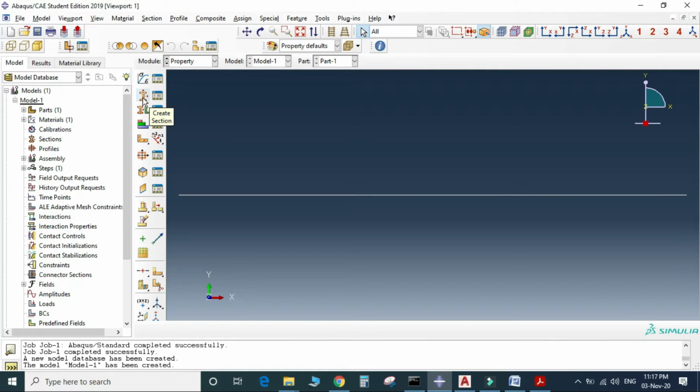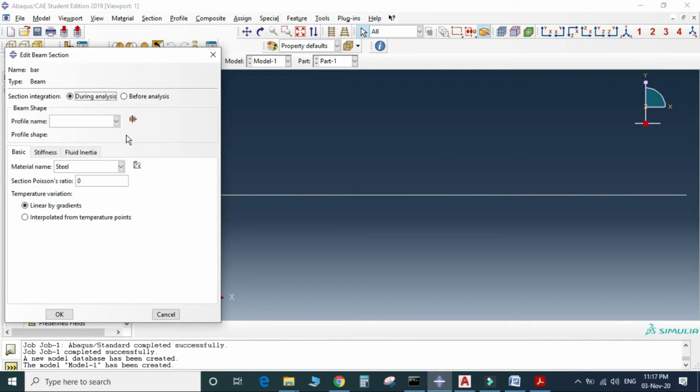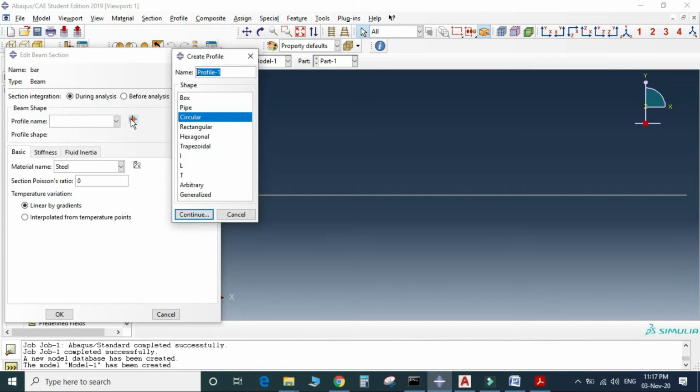Then to create the section, what is the dimension? Dimension means the cross section of the bar element, so beam, continue. The cross section of the bar is circular in shape, and the profile name is bar, then click.